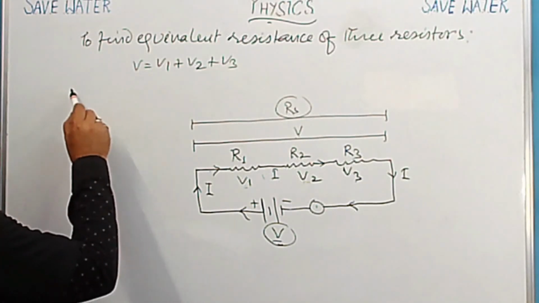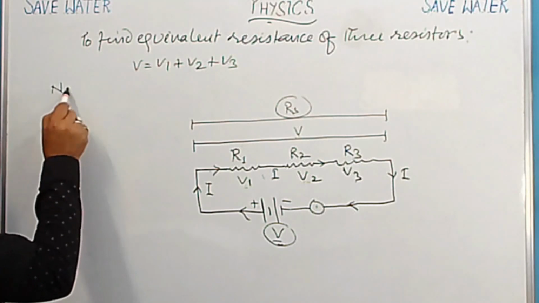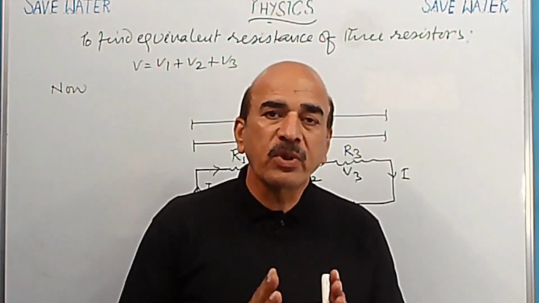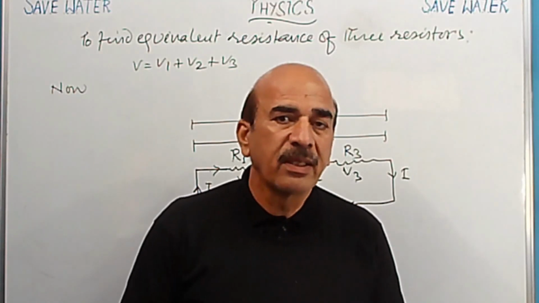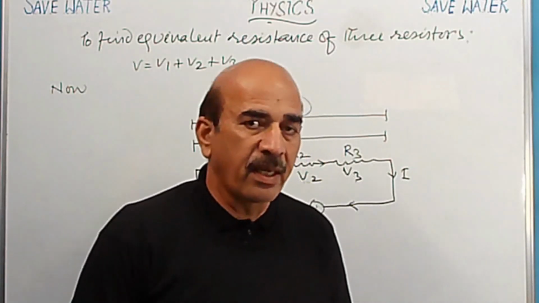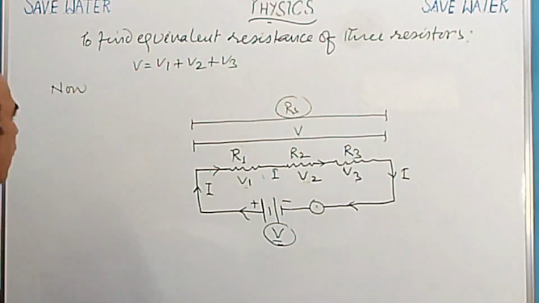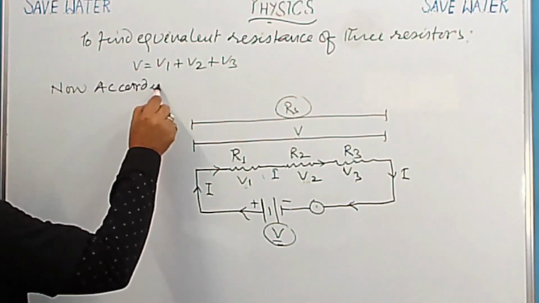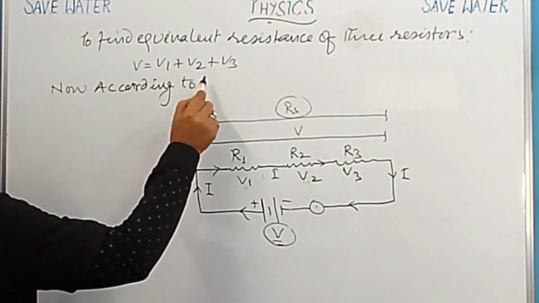Now, okay, so now we shall use Ohm's law. If you try to remember Ohm's law, which formula we got? V is equal to IR. Yes, V is equal to IR. Now, according to Ohm's law,